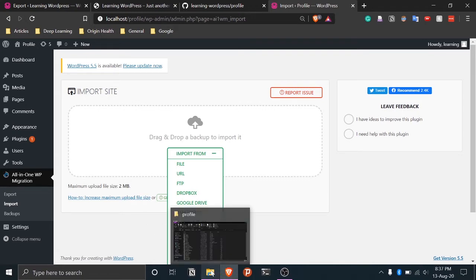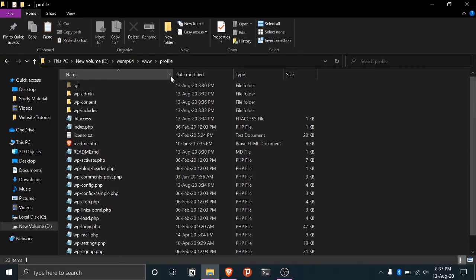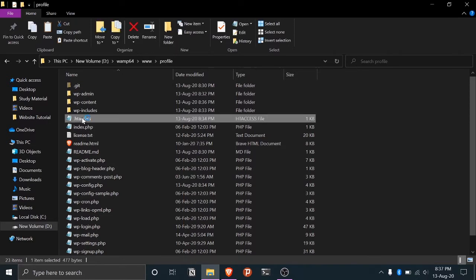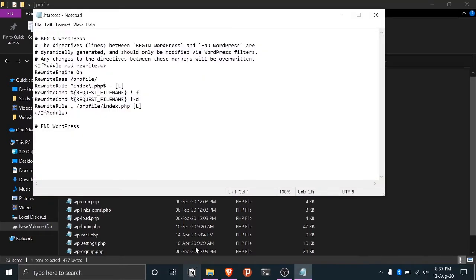Okay, so we'll go to this www profile folder here, and if we see, we have this .htaccess file. So we just have to open it, and we just need to add a few lines of code here. I'll share this code in the description. These few lines of code I have written down here in my Notion notebook.